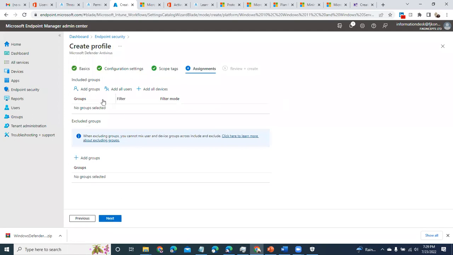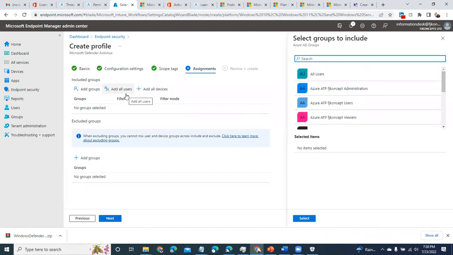The same thing, determine where you want to target it to. If you're targeting users, you target it to users. If you're targeting groups, or devices, you target it to devices.